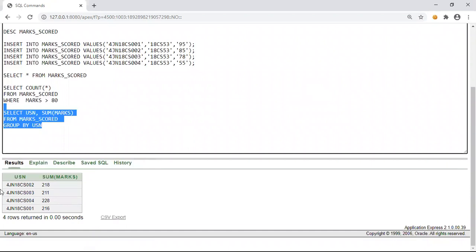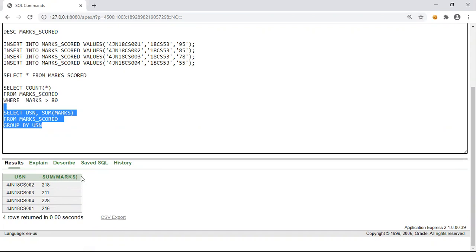You can observe the result over here: USN 2, 3, 4 and 1. The various sums are present. If you observe the header of this result, USN is present, then sum of marks.